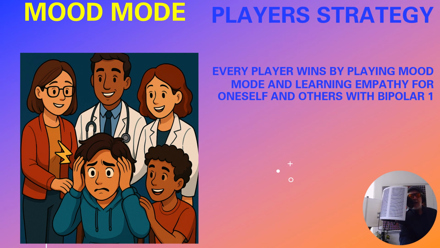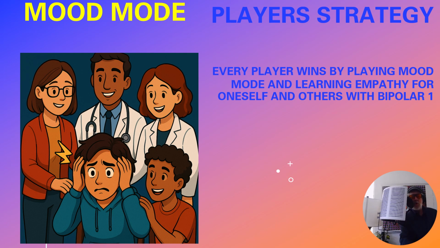Mood Mode gameplay. Players roll the dice on the board or digitally in the app to move around the board. In each room, they may make a guess. Example: I think it was Shayna in the group therapy room with a breakup as a trigger. Other players reveal cards to eliminate options.